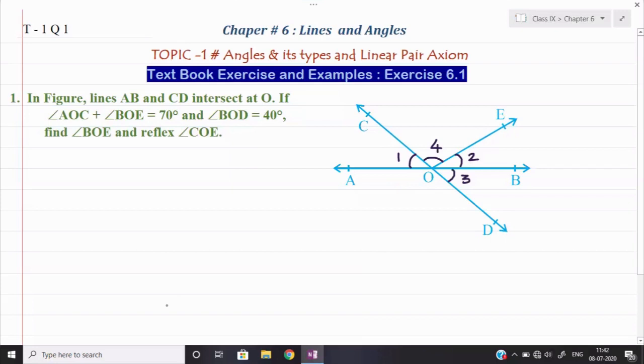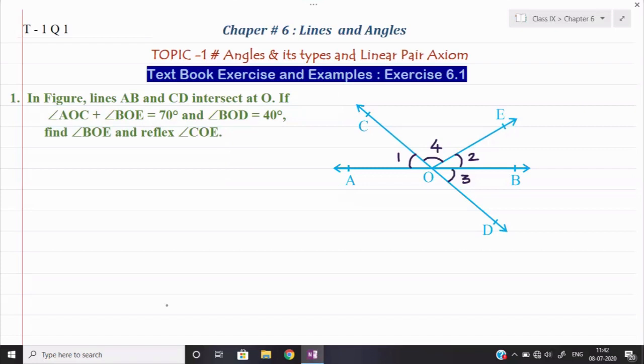Now one pattern we shall follow in geometry. In geometry we always need to write down our solution in three different parts. First, we need to write down what is given to us, since in the question definitely some things are given. Similarly, some things are required to find out or we need to prove. And the third one is the solution. So here we shall categorize our solution into three parts: first is given, second is to prove or to find, and third is proof or solution.